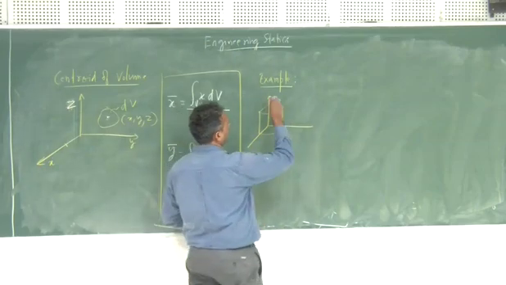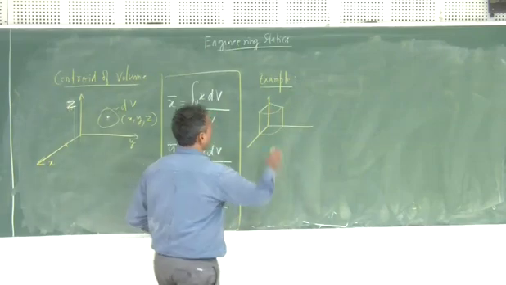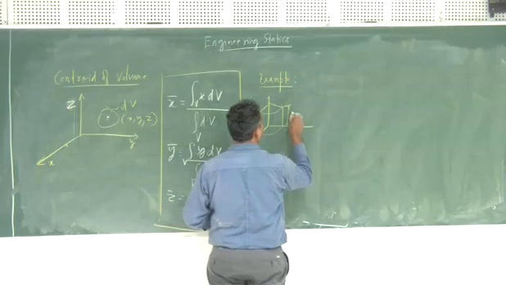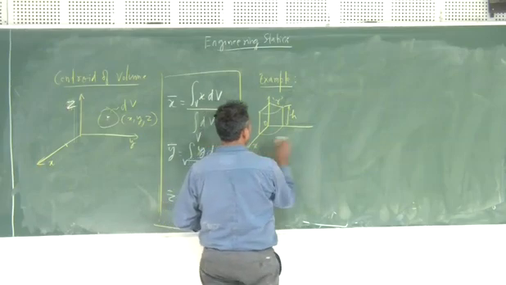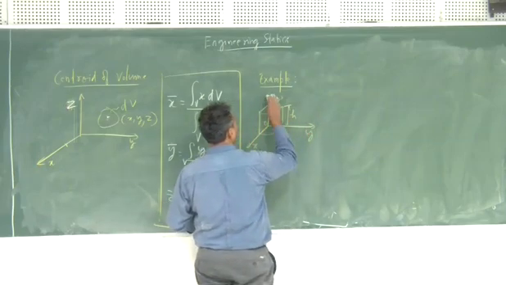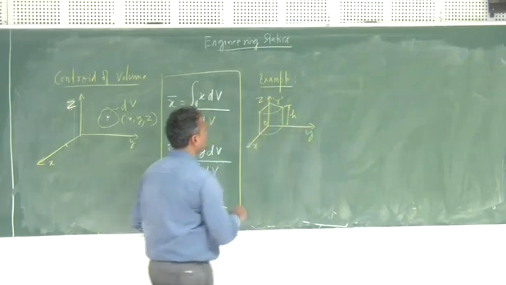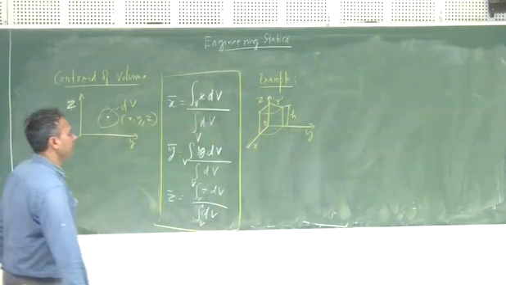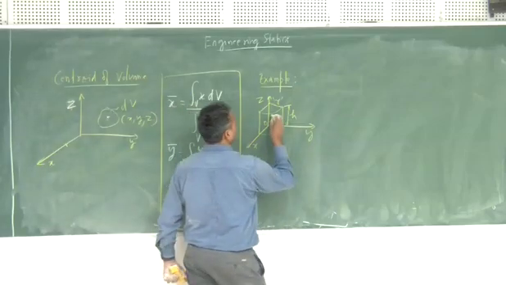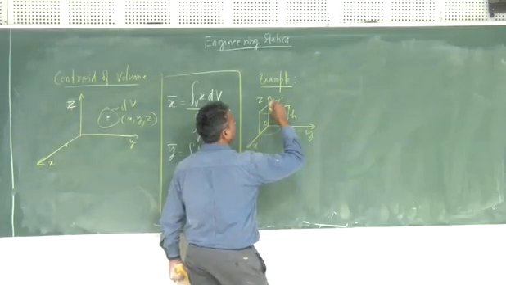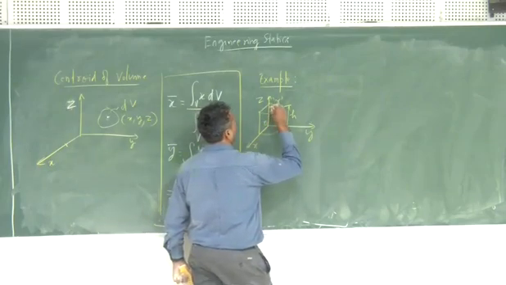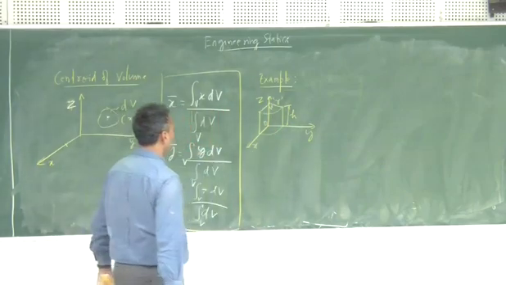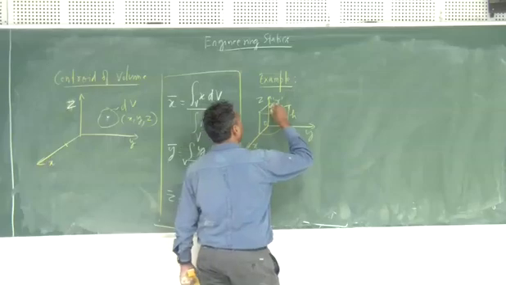Okay, this is a cylinder, and this is your O, this is your Y. Now, if I have to take an element over here, with an angle theta,